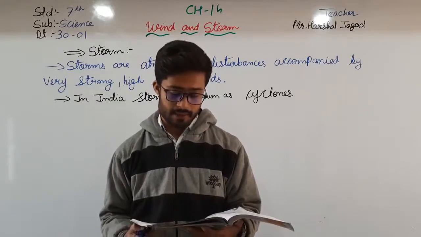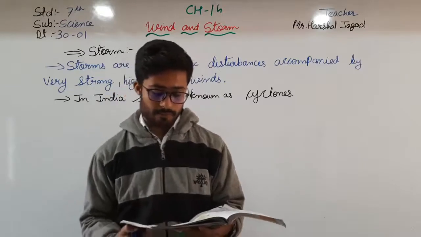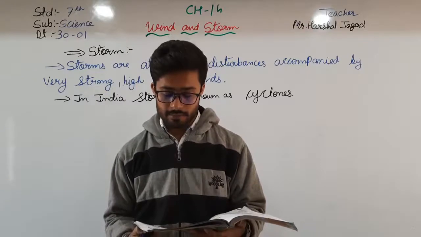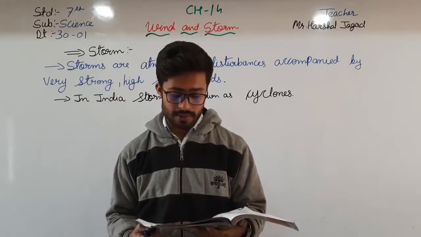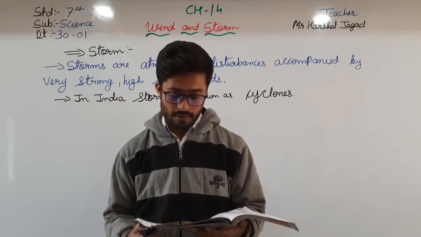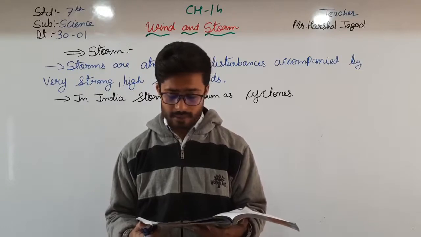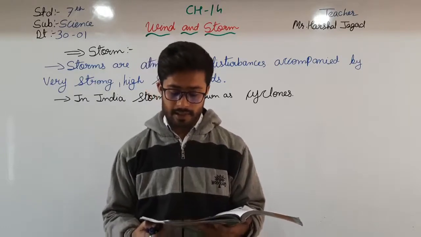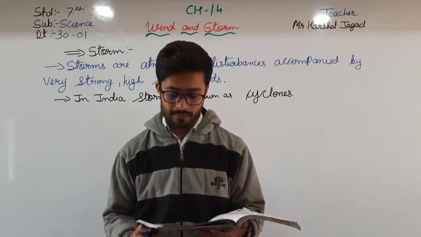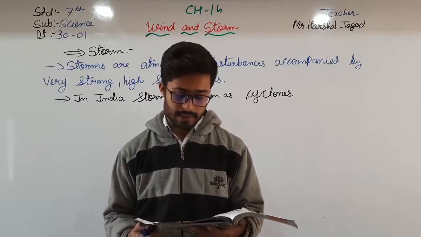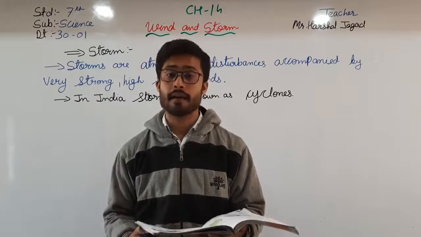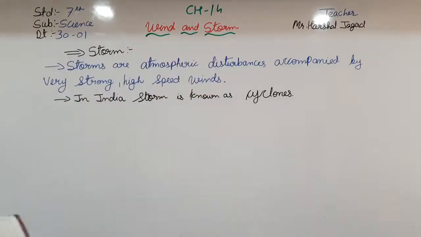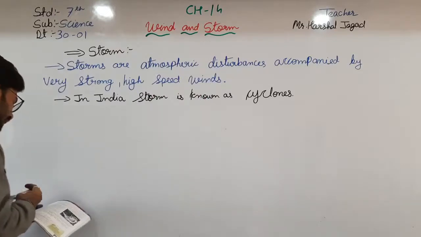The cyclonic storm becomes strong if it passes over warmer ocean water and reduces in strength if it passes over cooler water. Some cyclones die down in the ocean itself, while some hit the land. When the eye of the storm hits land, it is said to be landfall. What is landfall? It is given here.